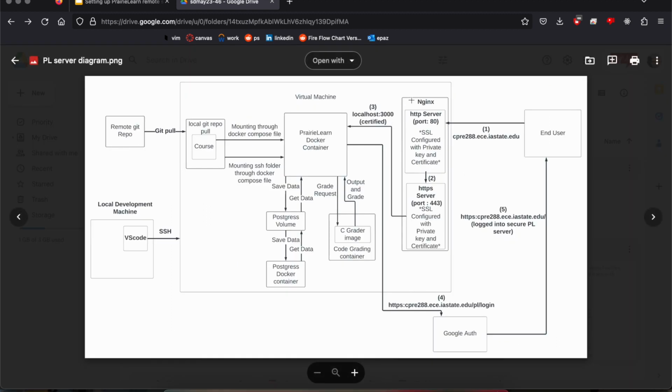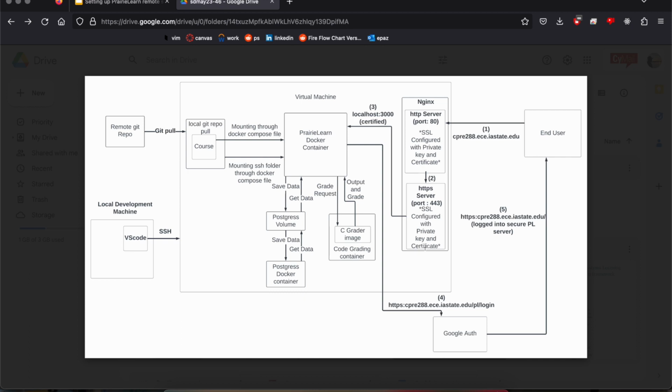So here is the nginx server, and it currently has two servers. Reverse proxy basically means nginx decides which server to send you to. So we have two servers set up, where one is listening on port 80, which is the basic one that any server listens on for web. And when an end user requests that website with a regular port, it will send it to the other server,